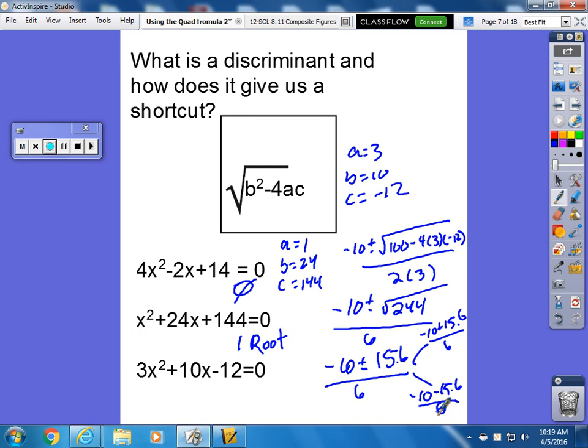So here you see we ended up with a non-perfect square under the radical. We take the square root of 244, and it's 15.6. So my two answers, and I'm not going to finish them because I'm running out of room, is negative 10 plus 15.6 divided by 6, and negative 10 minus 15.6 divided by 6. So I'll definitely end up with two solutions. So to sum it up,